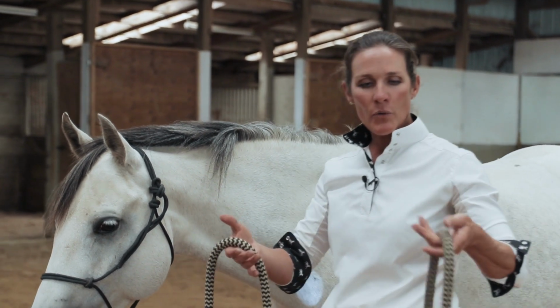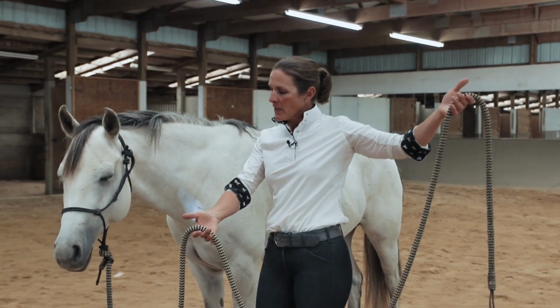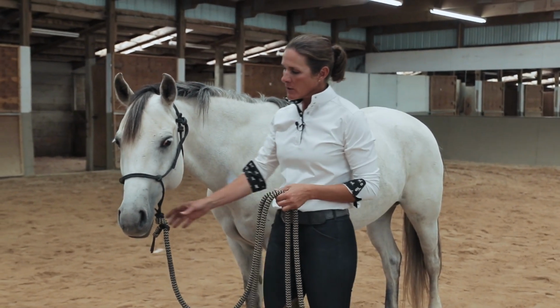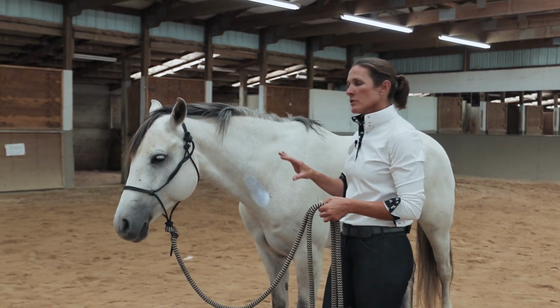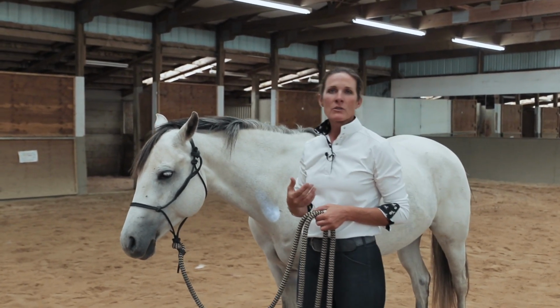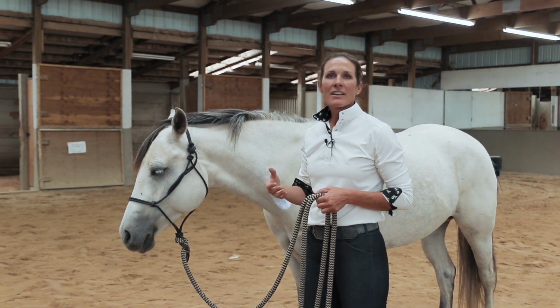You're going to notice we are in our rope halter. So the length of my lead rope is quite a bit longer than your standard lead rope. It's also attached permanently to the bottom of the halter, and you can see the rope halter is in place as far as if she moves or does something while I'm using my grooming tools, I want to be able to correct her. So this is more of a training method on how to get your horse to stand still